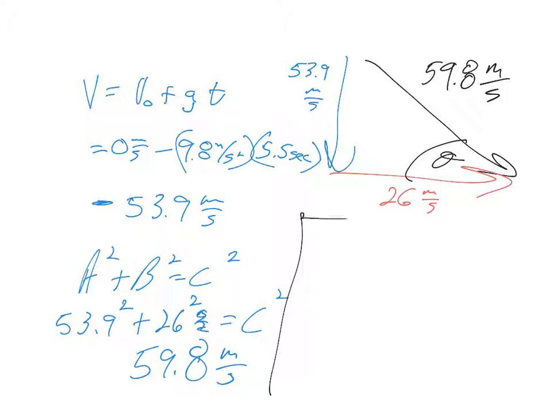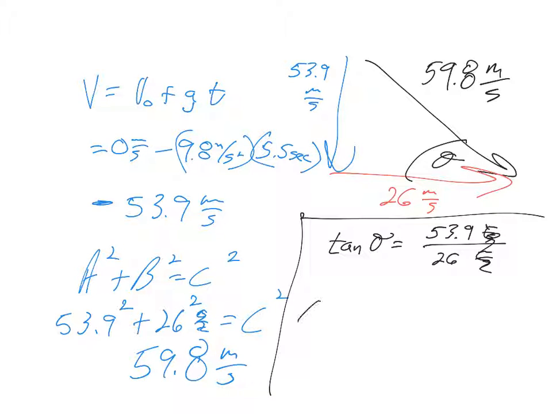Guess what we need to do next? The angle. Let's go tangent of the angle equals opposite, which is 53.9 meters per second, divided by 26 meters per second. Meters per second is bye-bye. Angle is inverse tan of 53.9 divided by 26. And when I throw that in my calculator, divided by 26, I get an angle of